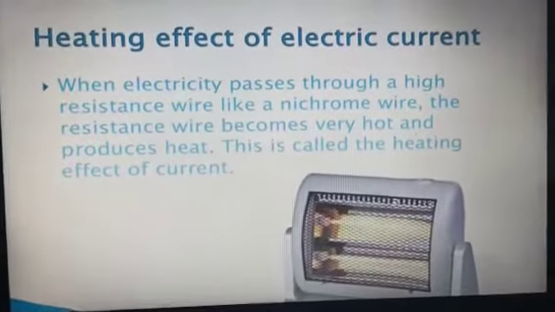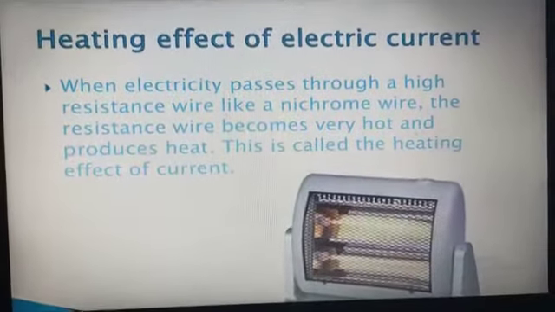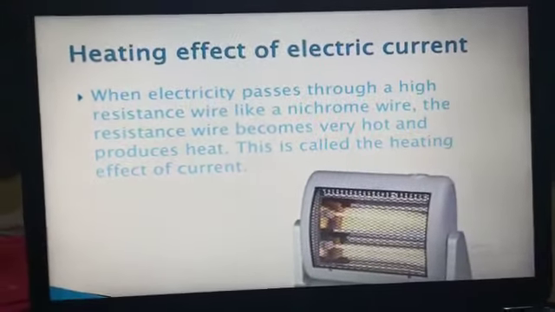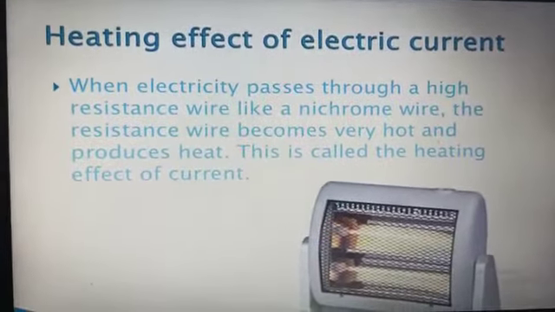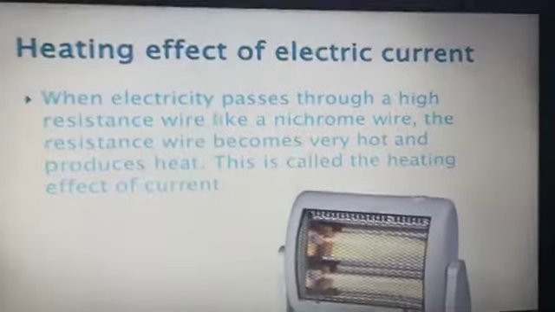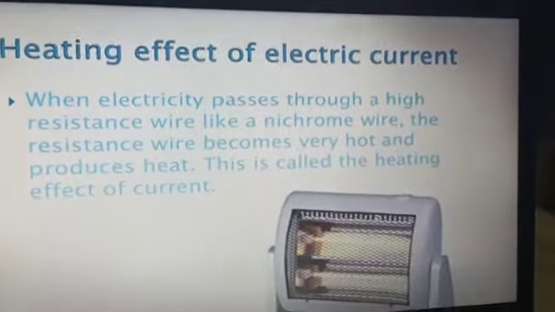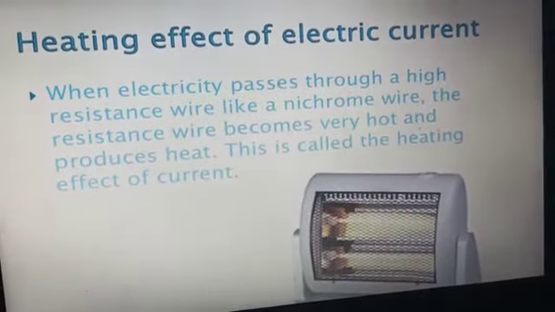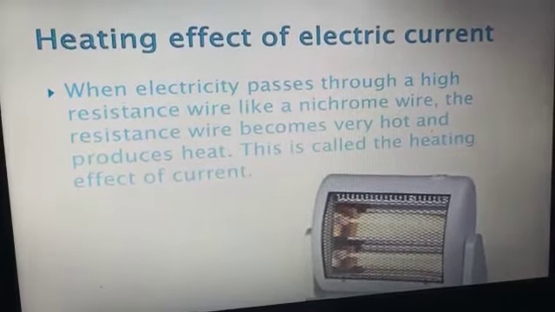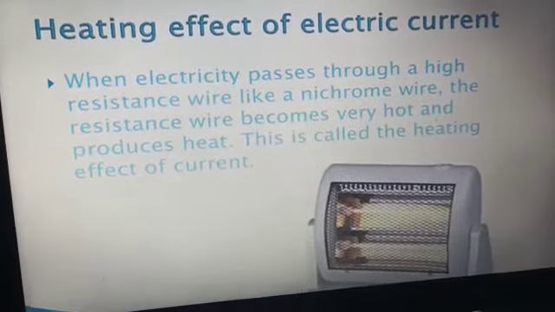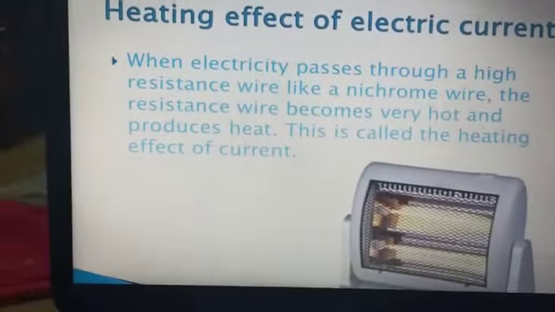So what are we saying? Whenever electricity is passing through a bulb, a torch light, a tube light, after you put off the light and go touch it, the light is very hot. Now why is the light hot? Because when electric current is getting transformed into light energy, at the same point of time a lot of heat is also released. So electrical energy gets converted into light energy as well as heat energy, and this is called the heating effect of current.